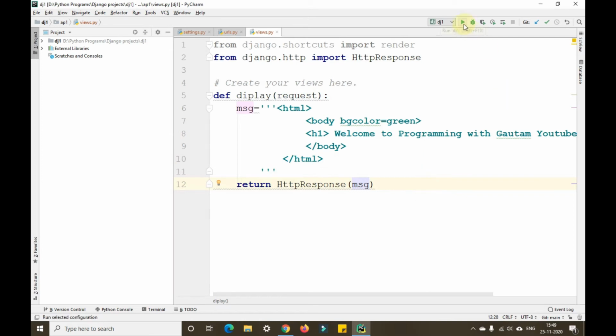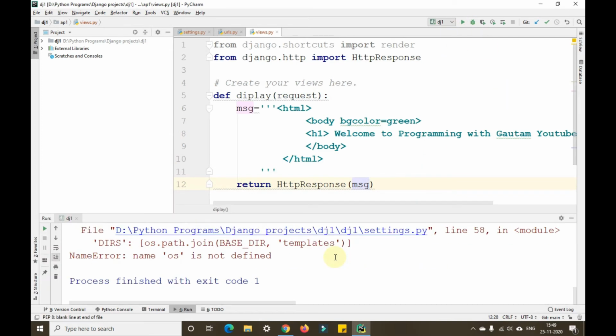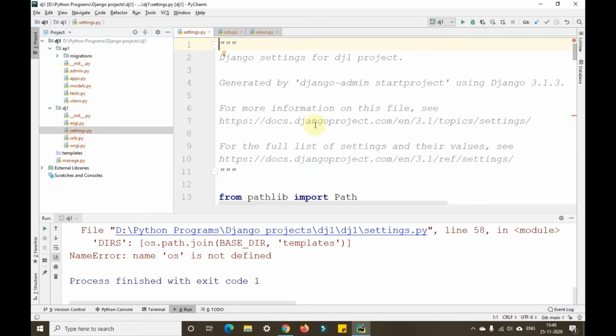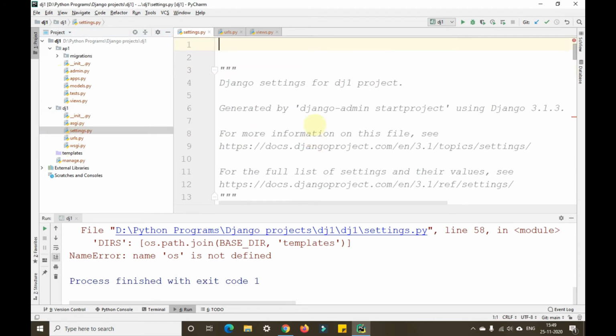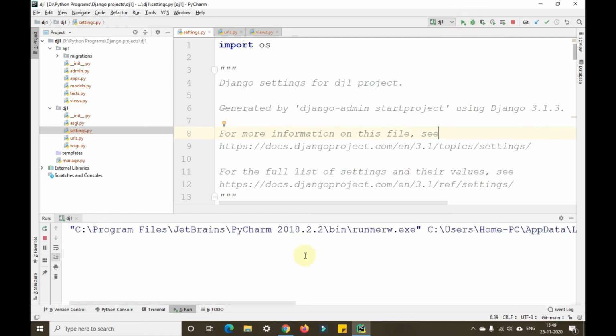Now when we run this particular project, this is the problem that I'm getting on a regular basis, guys. So I think there is a problem with the latest version of Django or something like that. So import os. The moment I import os, I'll not get this particular error again.